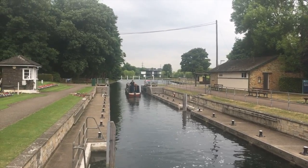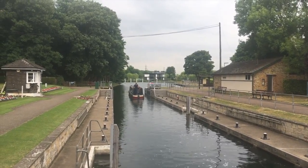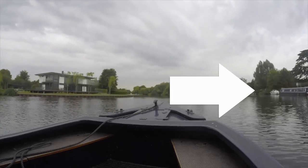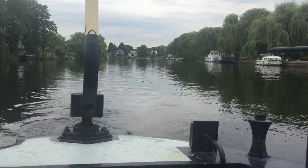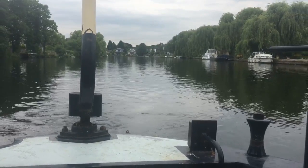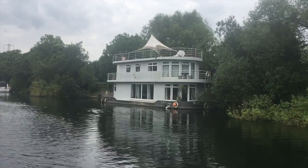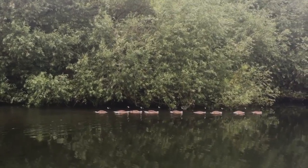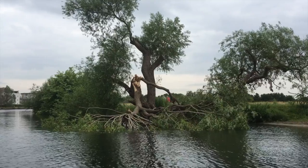And then up from there, really nice day. We passed Let It Be, our friend Guy. We didn't see him, but his boat was sitting there. Our saviour from the Basingstoke. So that was kind of like, hey, look, there he is. Quite a nice stretch of curving water up through Chertsey. Really quiet, not many boats about. A few coming down, but not a lot, and it was pretty nice. And then we passed